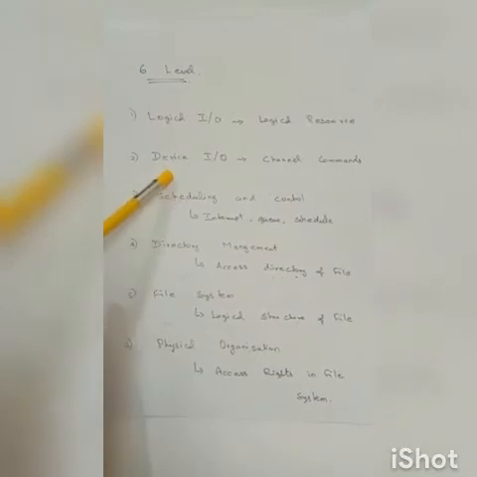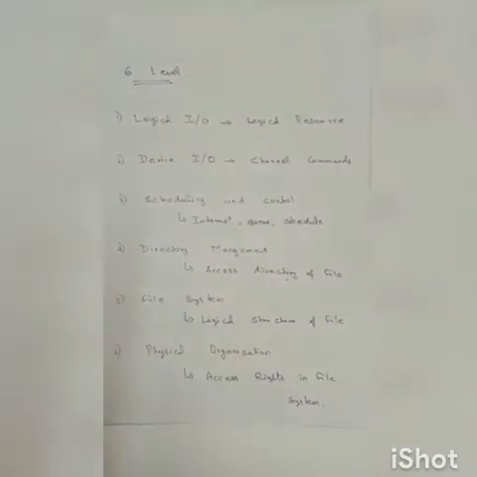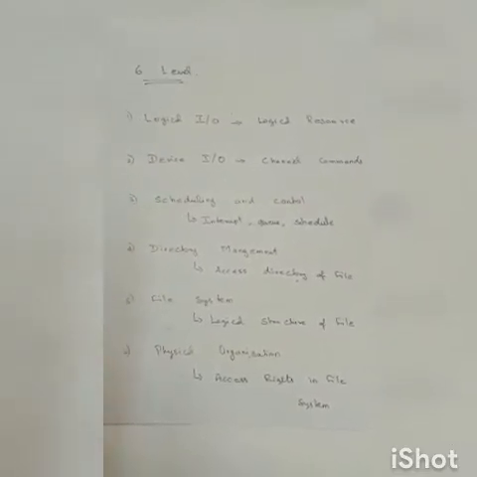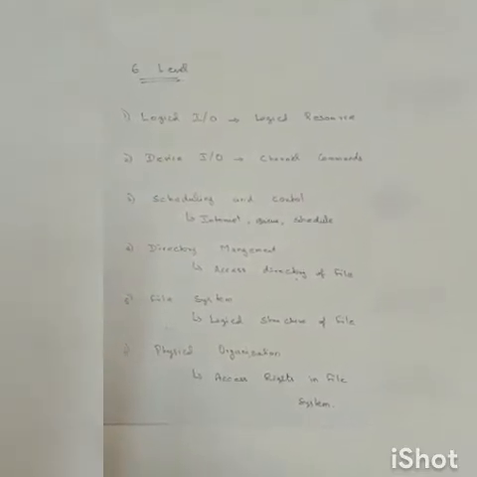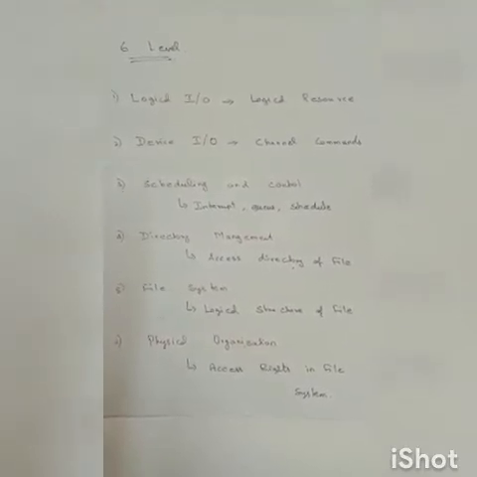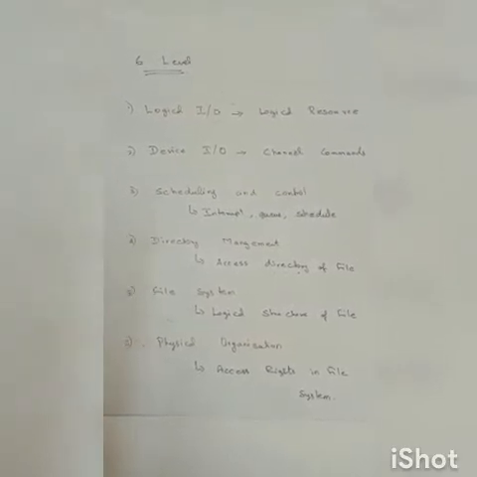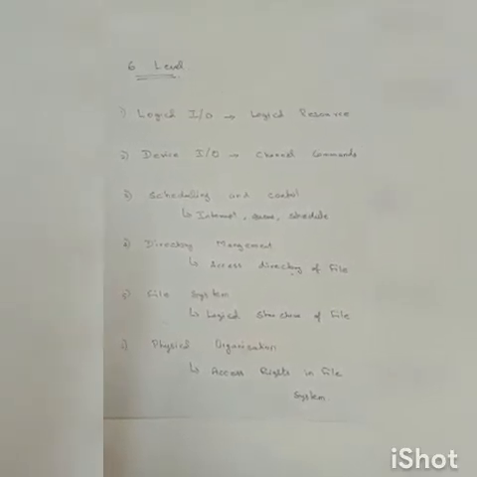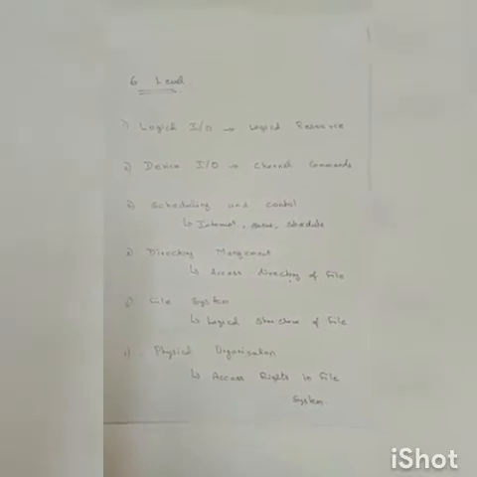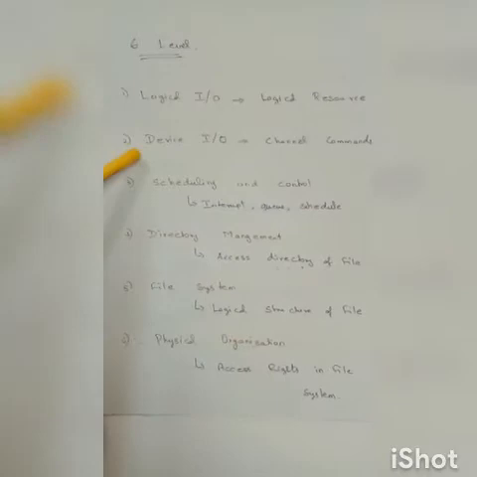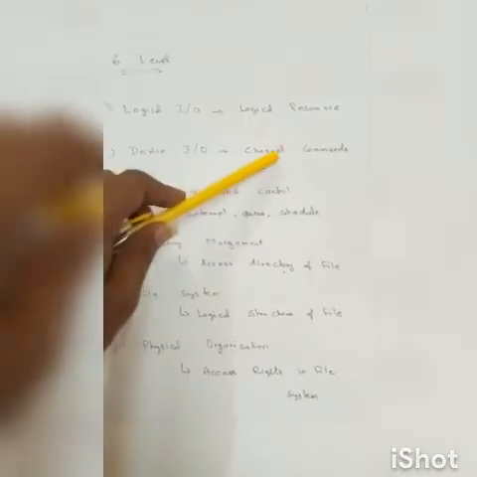And then the device input output issues. Okay, so the input output devices have their own channel level, where the channel level will have its own command. For example, when you run a C program, if you have any issues in the program, you will be checking the command prompt. You will be checking the syntax. The syntax are called the commands, and by giving the exact command, the process runs. So for each and every device input and output, it has its own channel command which works on it.